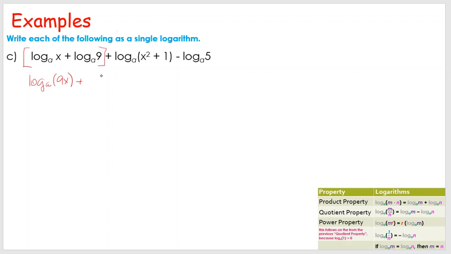Now I'm going to bring the rest of this on down. Log base A of x squared plus 1 minus log base A of 5. Alright, so my next step is, oh, and this I used the product property. Now then, for my next step,